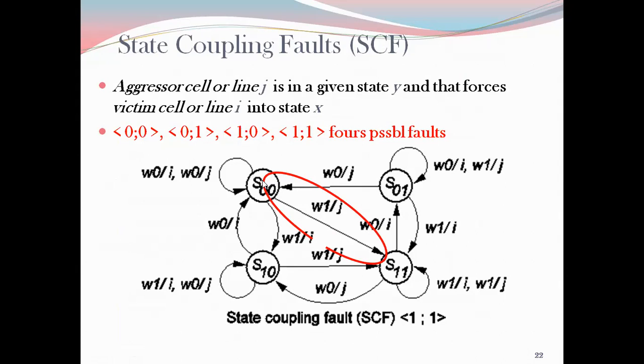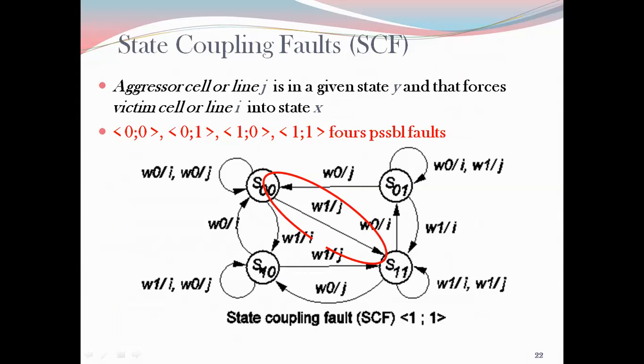Okay, so again we see this change in the transition. Again we are starting with the basic state, that is S00. So I'm trying to write 1 to my Ith cell, that is the aggressor. It should have changed to this, but instead of going to S01, it is going to S11. So this is a wrong state. Now this is quite different from the one we saw in the inversion, because if I'm talking about this state S10, here again if I try to write 1 to the jth value, it is going for a correct transition. There is no problem, it is not inverting I.